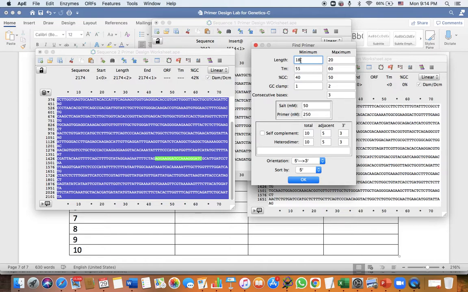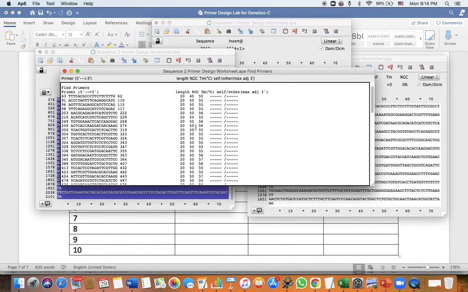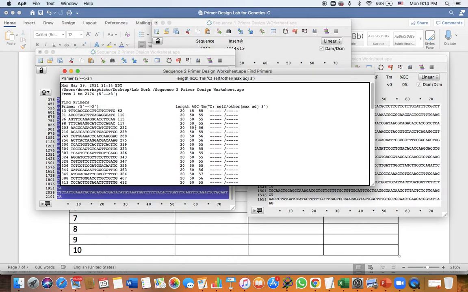Say we wanted a primer that is 18 or 20 base pairs long, a TM of 55 and a GC content of about 40, and you just search in the 5' to 3' direction in this orientation here, and you could actually find all the possible good or key primers in that sequence